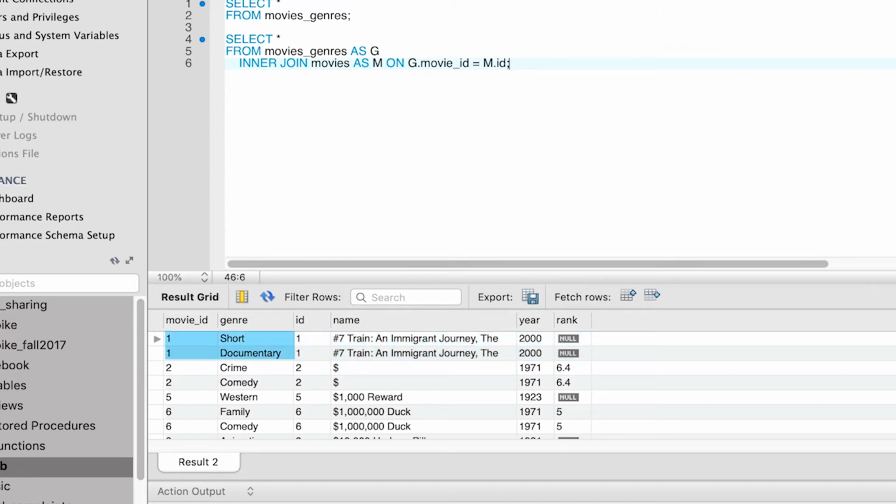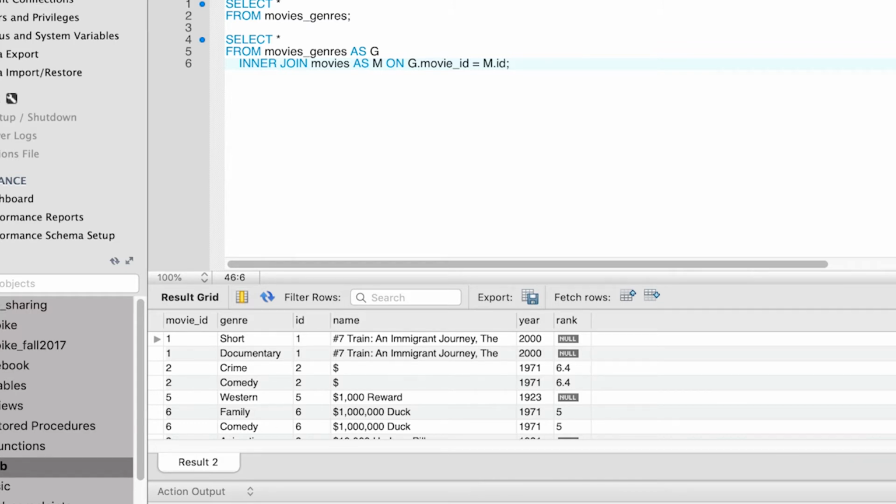Next, we have 2 rows from movie genres, and we have these 2 rows that correspond to movie ID 1 from the movies table. Then we have 2 rows from movie genres that correspond to movie ID 2, which are also augmented with the details for the corresponding movie from the movies table, and so on. So as a join result, we now have the movies together with their genres.